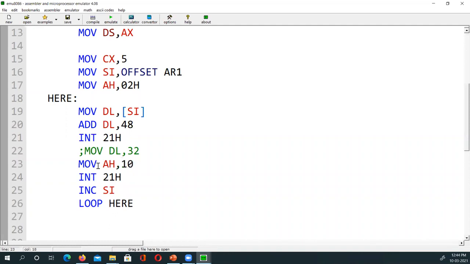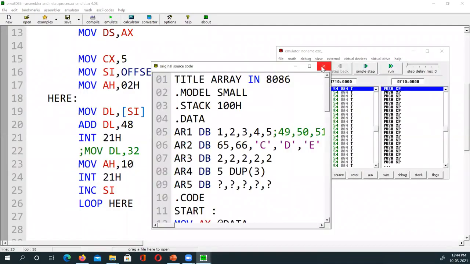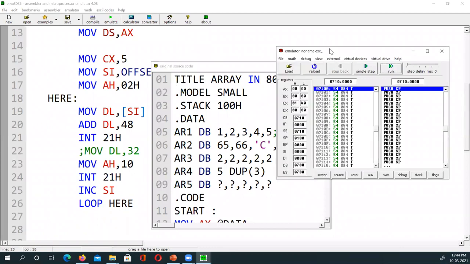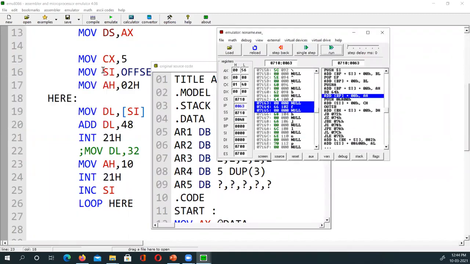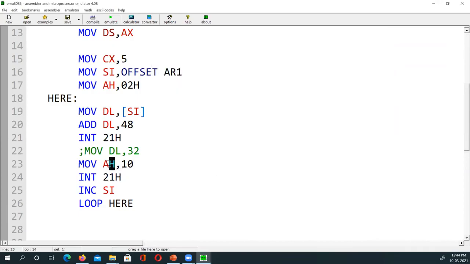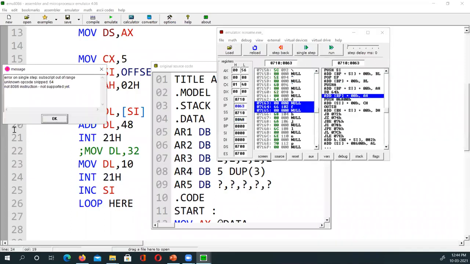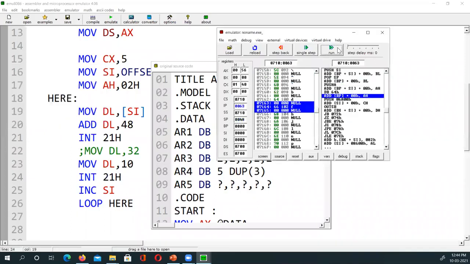So for that, I will say move into AH 10, ASCII 10, which we did with 10 and 13 when we printed the first string, remember? So 10 means new line, but it will only do that, and you will understand here why we also add 13. Just see what 10 does. Sorry, I did it wrong here. I should change not the AH, I should say the DL, because whatever is in the DL is what I have to print, the new line.